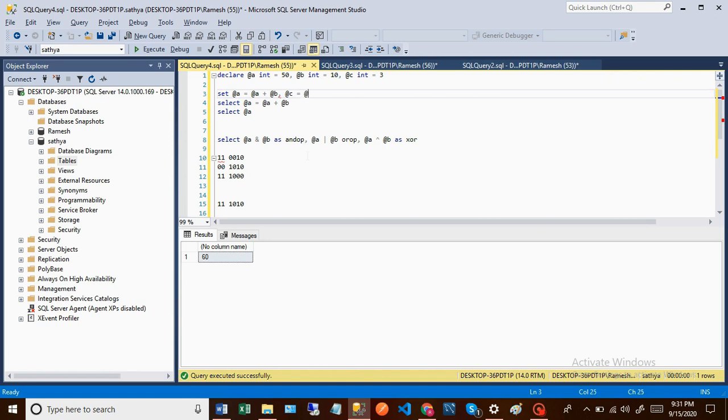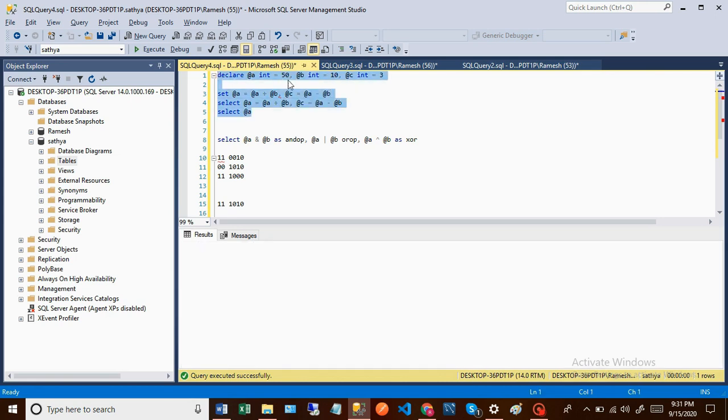So here I am doing subtraction operation between A and B and storing that result into C. But by giving here comma, it indicates error. Okay. I am trying to do the same thing in select statement, but it does not give error. Here red mark means it indicates some error. Okay. So incorrect syntax near comma.